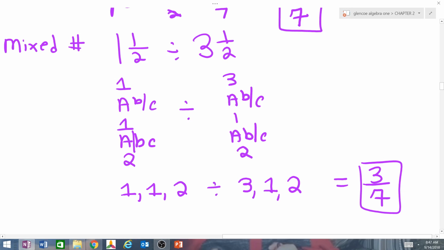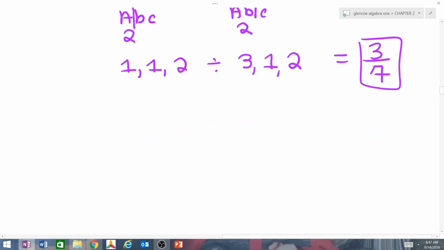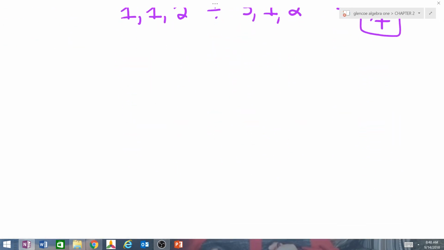Okay, so let's do a couple of other problems with you, just to make sure you're well prepared for tonight's homework. So what if I gave you something like this? H over 3 equals negative 2. When you have the variable in the numerator and a number in the denominator, and you have to find out